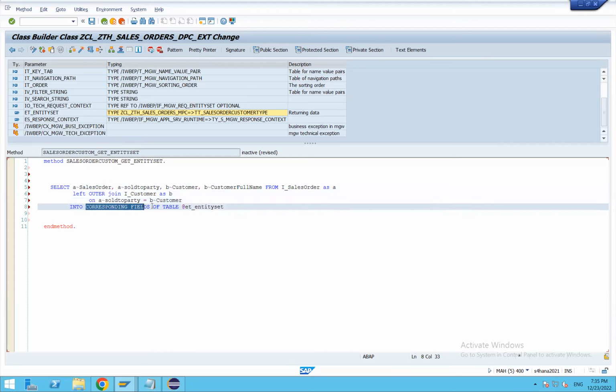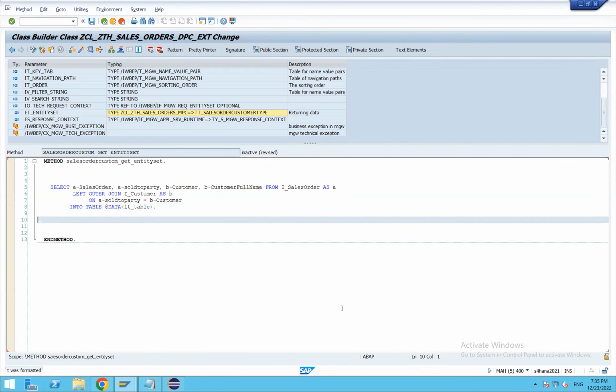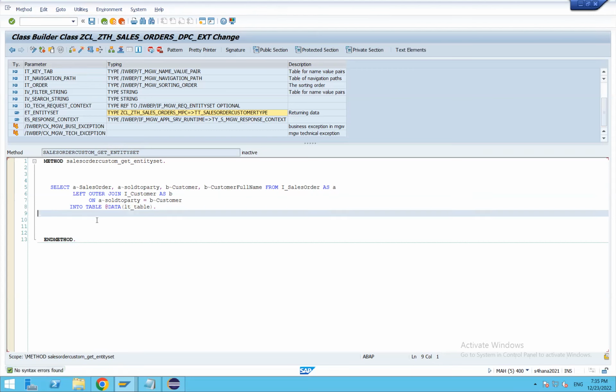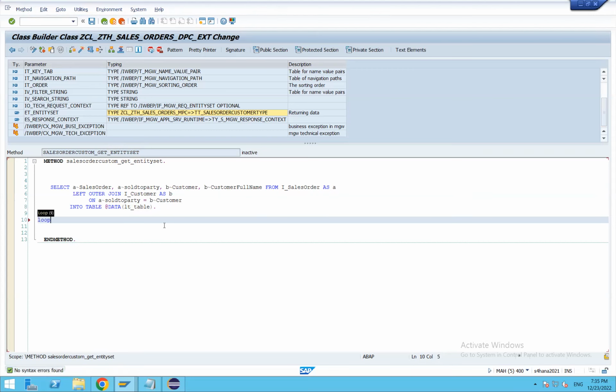Okay, into table. Just need to take it into one of the table. Okay,